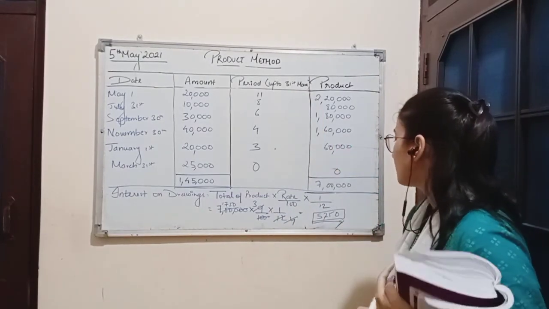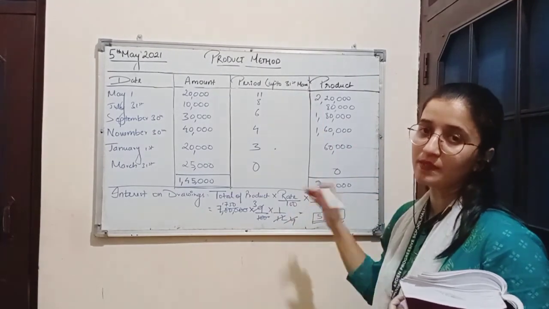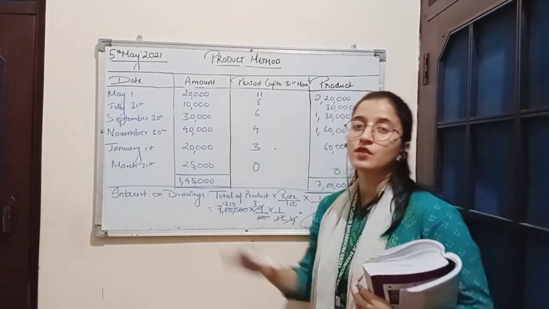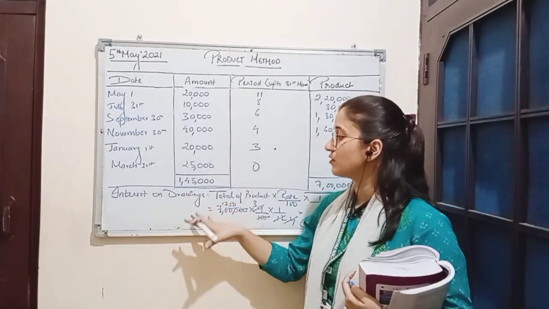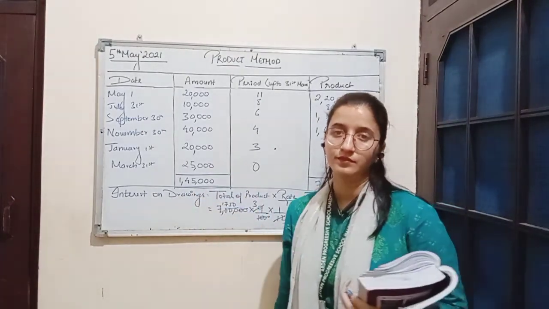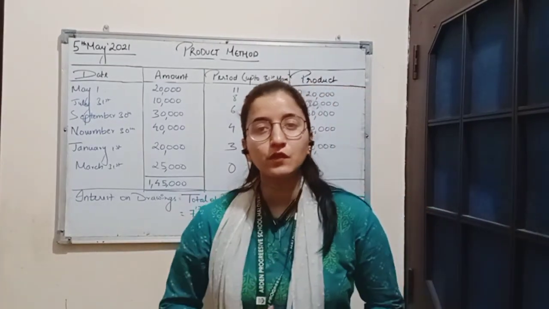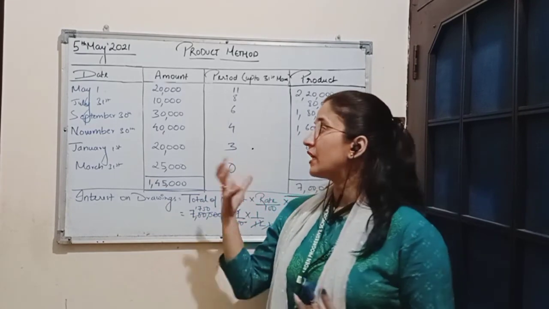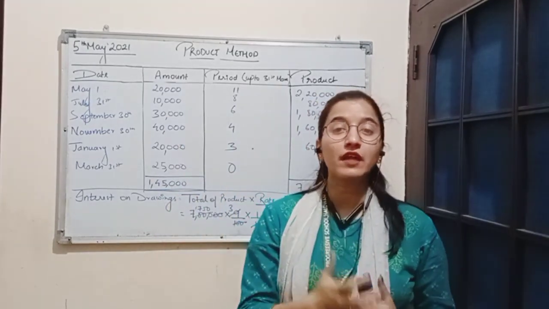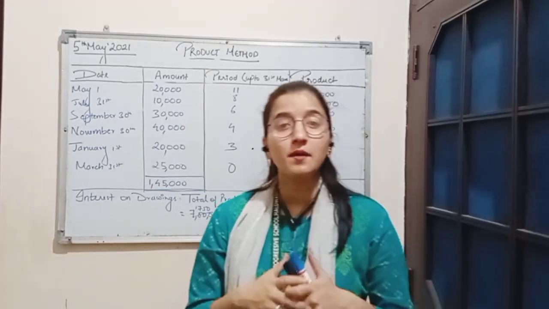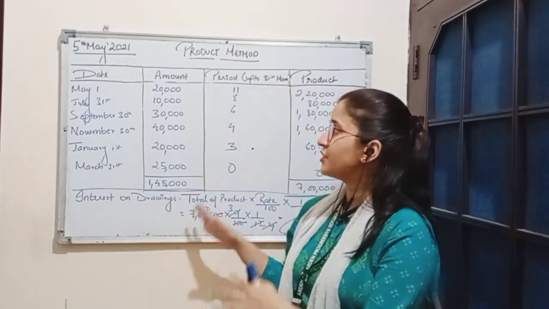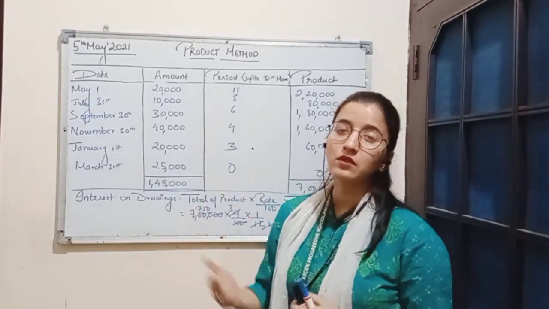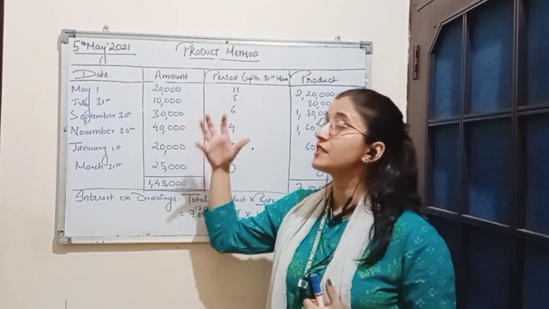We got the same interest by calculating the interest on drawing by simple method and the same amount of interest by product method. So this is how we calculate the interest on drawings by product method. So these were the methods for calculation of drawings on annual basis. In the next session, we will be continuing with the same topic where we have to calculate interest on drawings on monthly basis. So in this session, we have completed the numerical question based on calculation of interest on drawings, which is annual drawings.